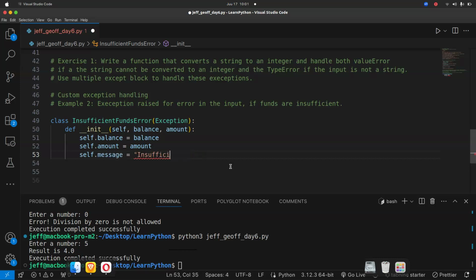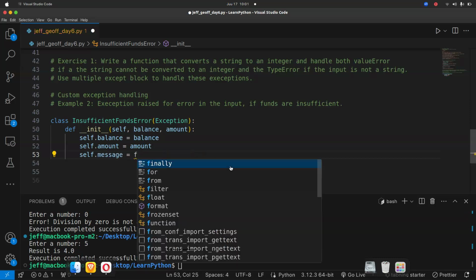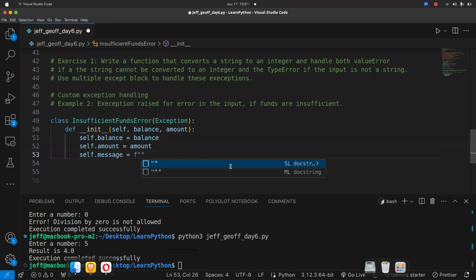Insufficient fund. Now let's try to be a little bit like programmers. We can have a formatted string and say attempt to withdraw.